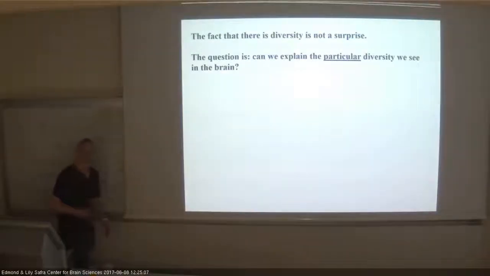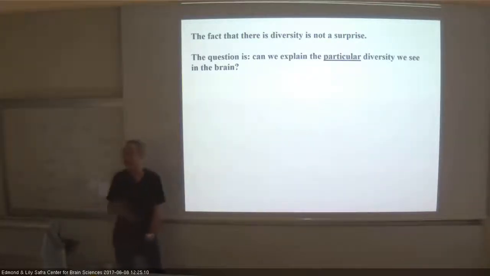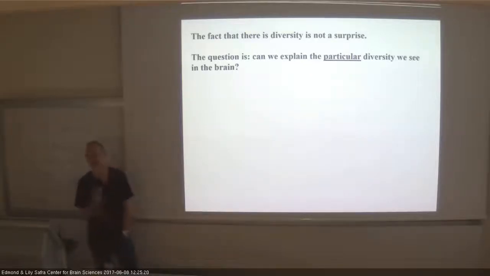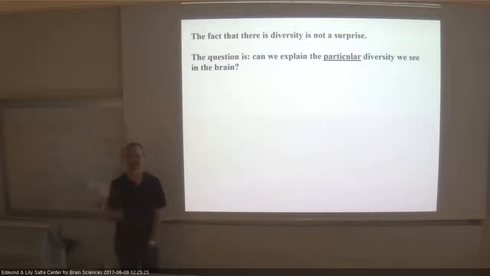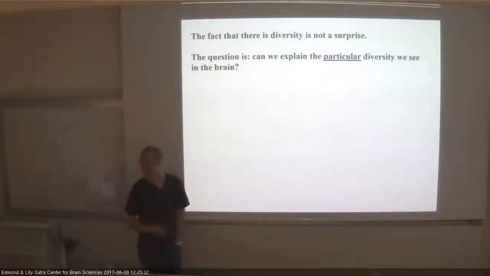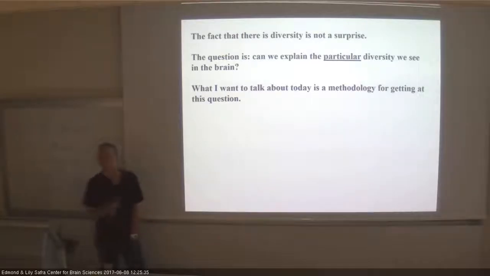Okay. The question we want to ask is, can we explain the particular diversity in the brain? This isn't really the kind of problem I usually work on. I usually think about the particular computation the brain does. What I'm doing here is channeling Larry Abbott, who's kind of a genius at answering these kind of why questions. It's not like I don't like doing this, but he always picks them off before I even think of them. In fact, I talked about this a little bit, and he's already slightly working on this one too. So, but it's a sort of a big area, okay? And I'm not going to answer this question. What I want to talk about today is what I think is a promising methodology for getting at this question,